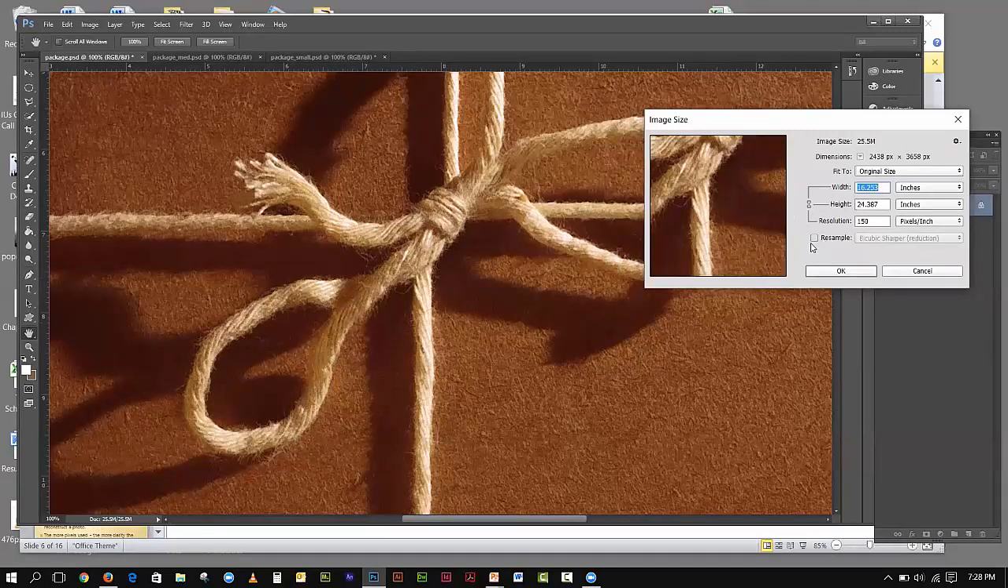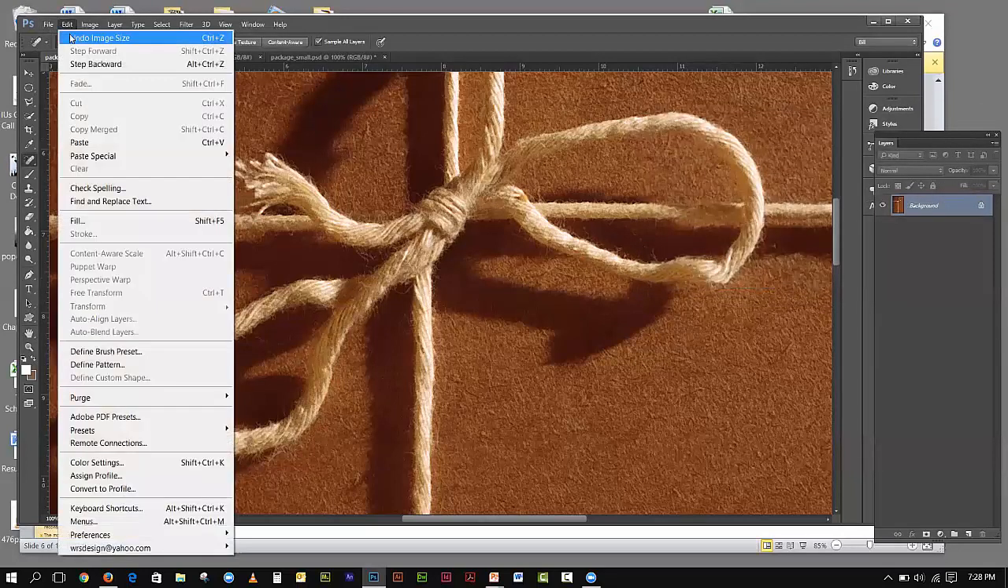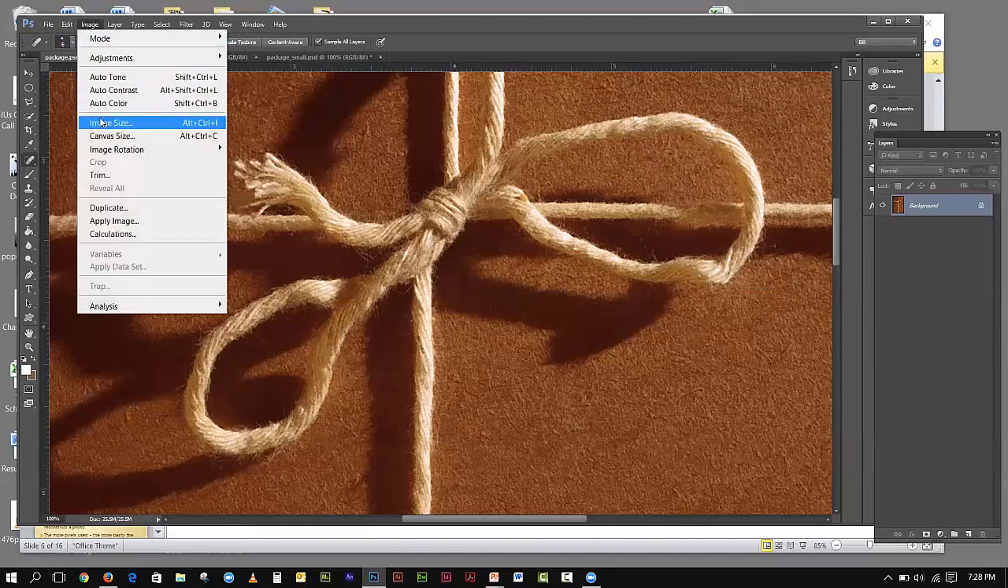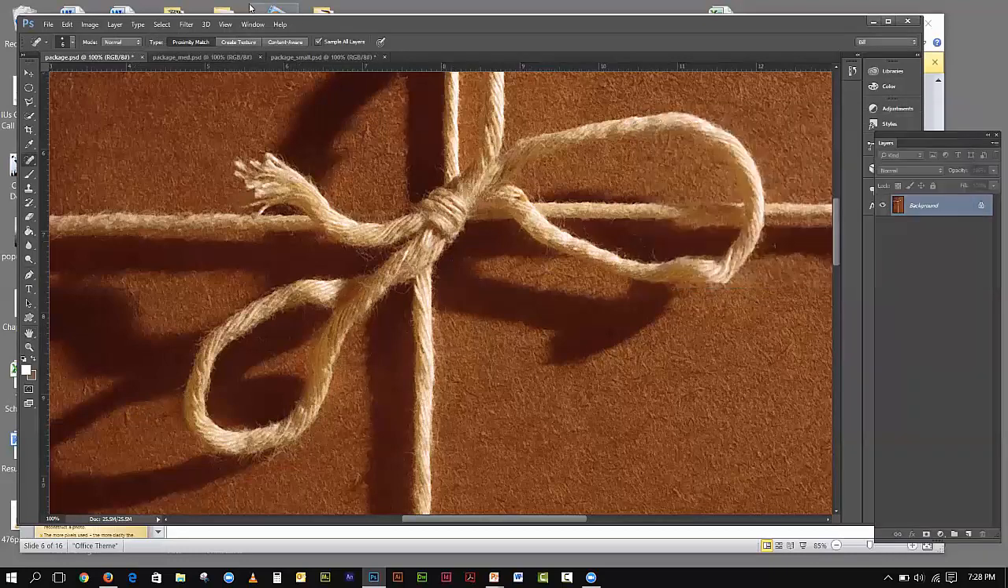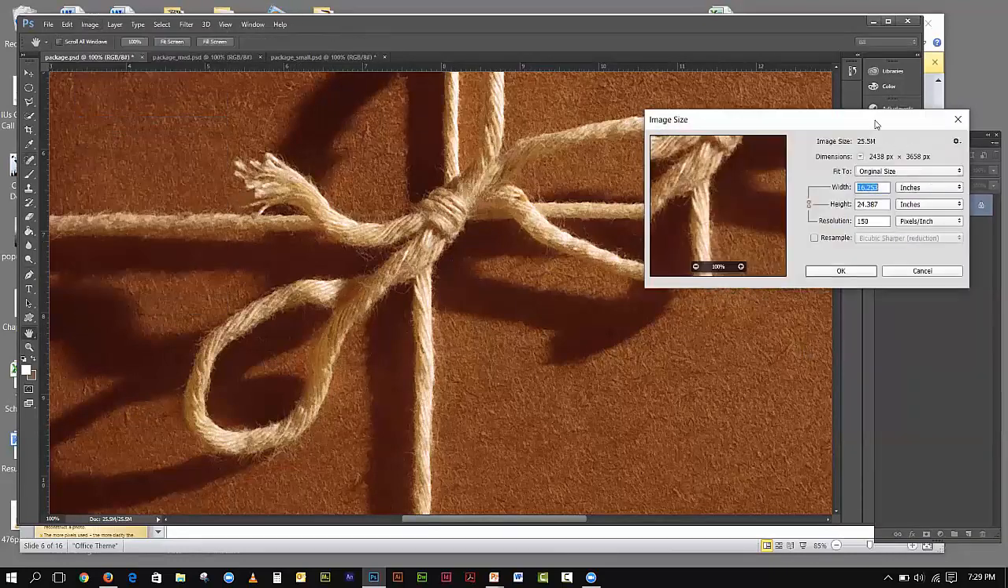But what this did by not resampling it, in other words, I deselected resample this thing, okay? By not resampling it, and I'm going to hit cancel, and let's go edit, undo, okay? Image size. The difference is if I resample this guy, drop this down, it's going to change this thing. It's going to bring this thing down to 7.999 inches at a resolution of 304. But if I remove the resample and change this to 150 like that and hit OK, what happens is image size, this thing now suddenly becomes